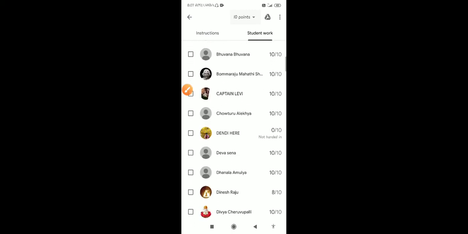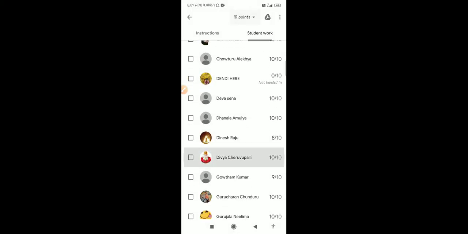For every student you need to open the document, check the document, assign the marks, click the return button.